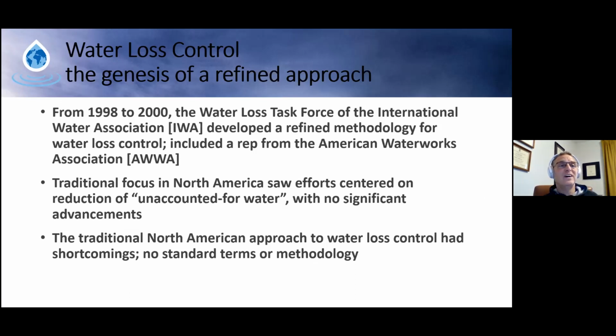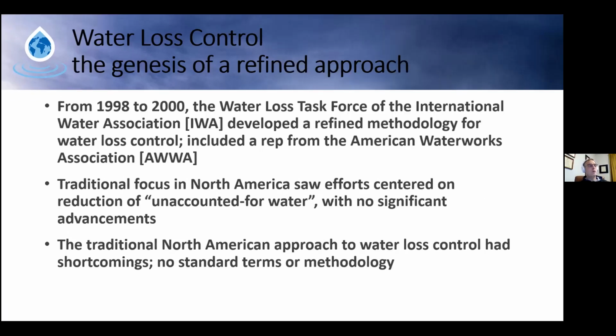So we had an absolute reason to be very careful about wasting the water that we were about to produce through a brand new treatment plant. We were looking initially in North America, and I can tell you that we did not like what we saw going on in North America at the time. So we did look to Europe and discovered that the International Water Association had put together